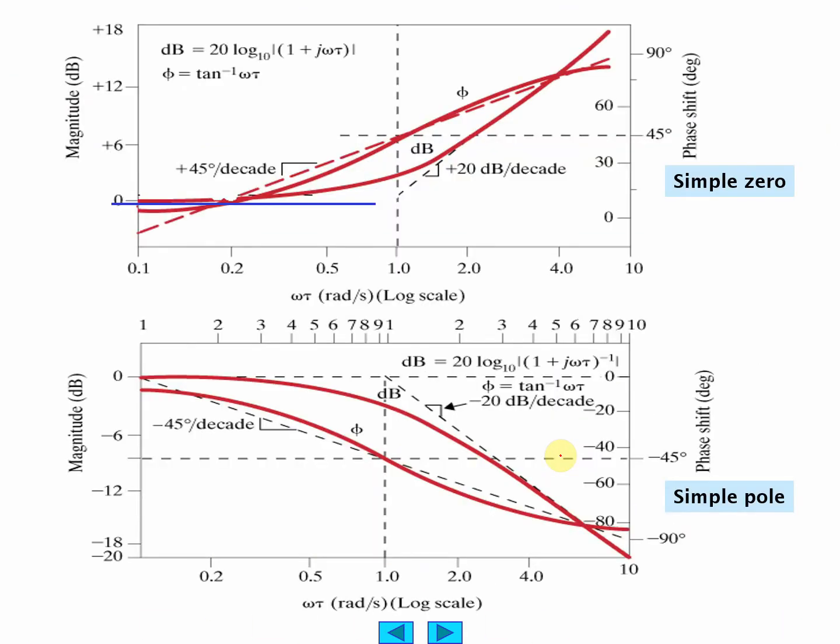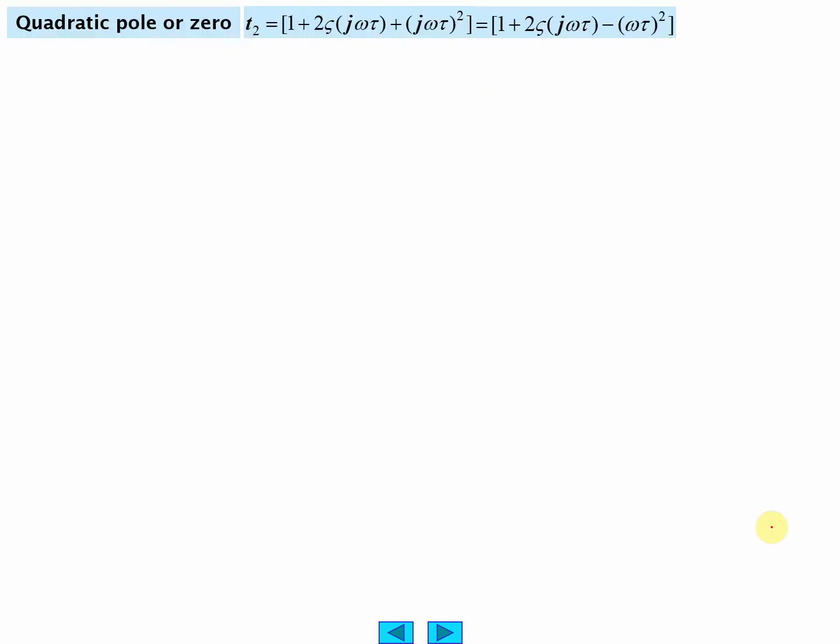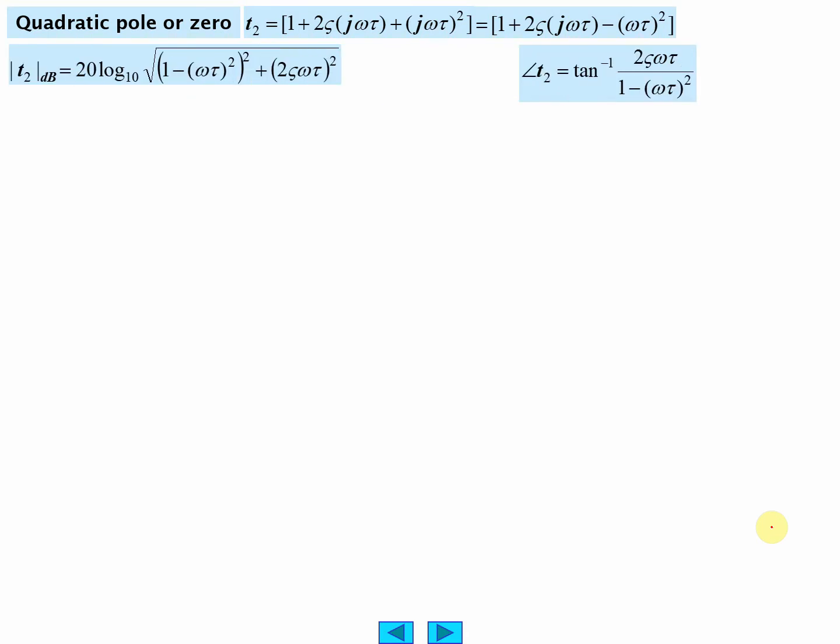Moving on. Similar plots, simple zero. That's a different zero now down here. So you have negative 20 dB per decade instead of positive. Okay? Not much to say about this. Just like before. Quadratics. So we take a look at this,